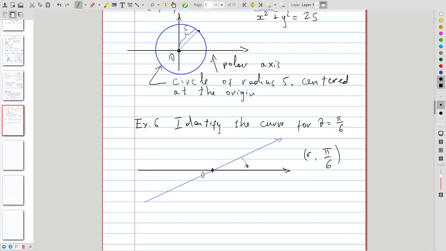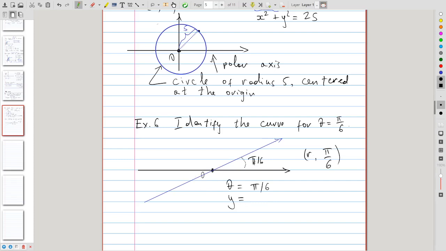The angle between these two positions is our theta, and so we see that we get the entire blue line in this way. For different values of r, we run back and forth along this line, so we get completely the entire blue line here. So in polar coordinates, its equation will be theta equal to pi over 6, whereas in Cartesian